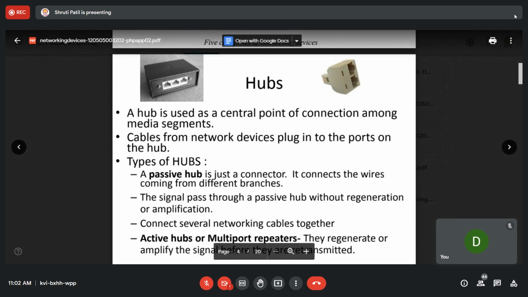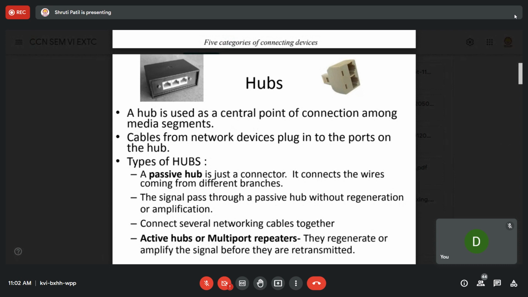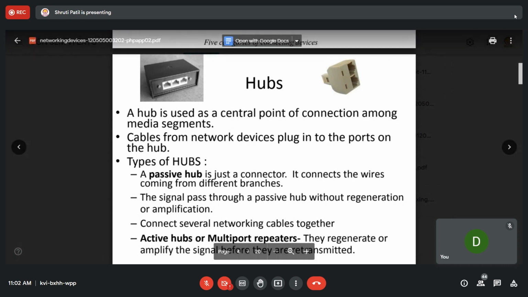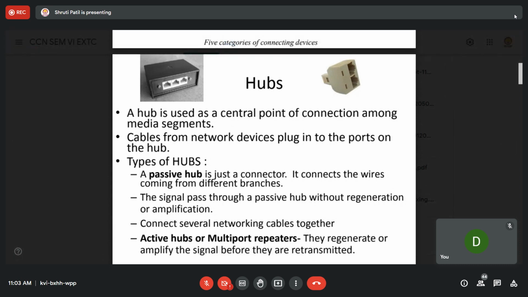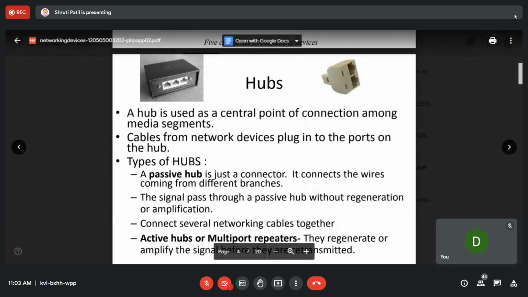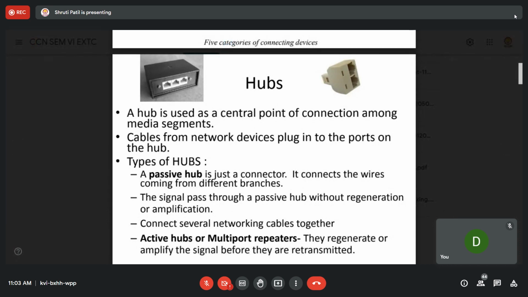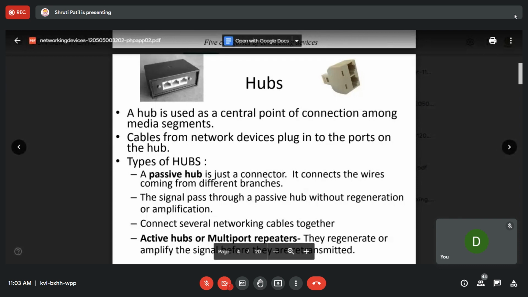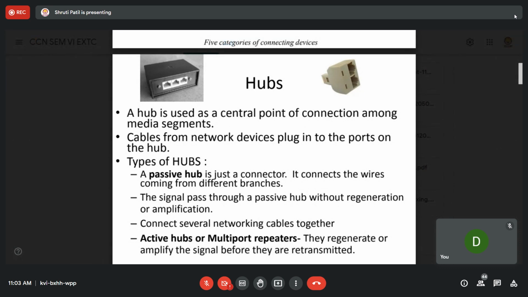Okay, so a hub is used as a central point of connection among media segments. Cables from network devices plug into the ports on the hub. There are 2 types of hubs, passive hub and active hub. Basically, it is like a repeater. A passive hub is just a connector. It connects the wires coming from different branches, so you are connecting different segments.